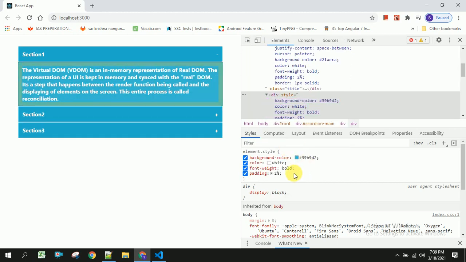So I am going to copy this and paste it in my CSS file.